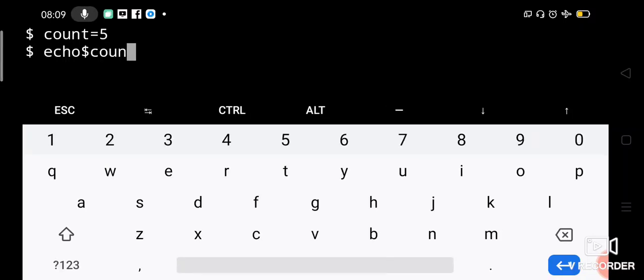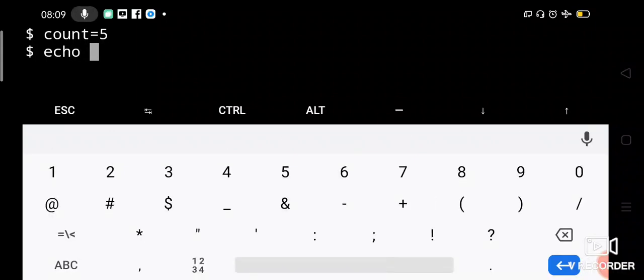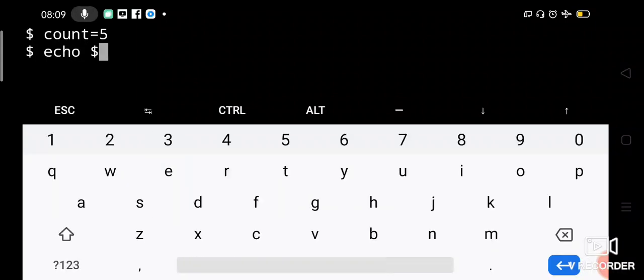You have to leave a space because echo is a command and $count is an argument to echo, and to differentiate between the command and the variable or the argument, you should have a separator in between. Okay, so now if you say echo $count, the value of the count variable will be displayed. See, 5 is displayed, right?